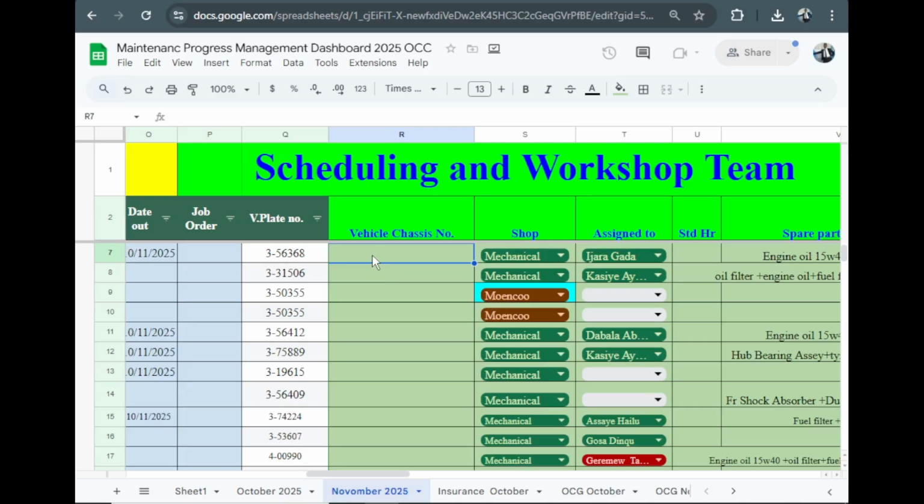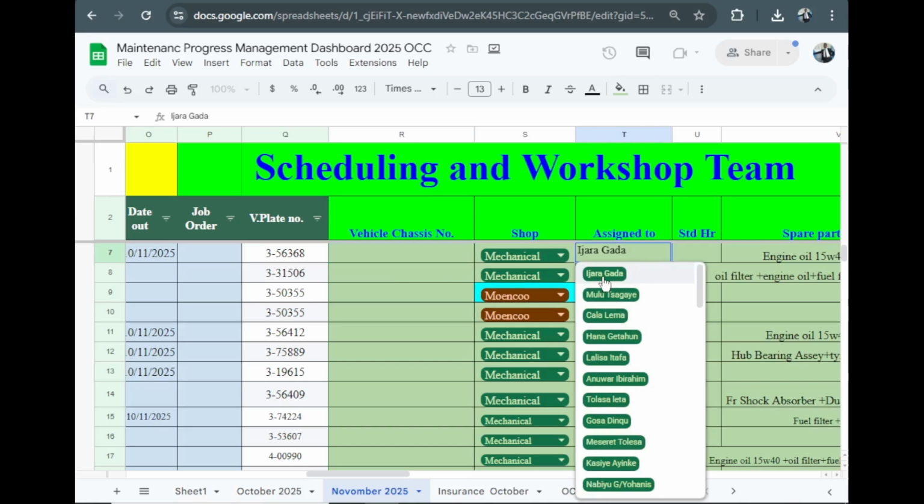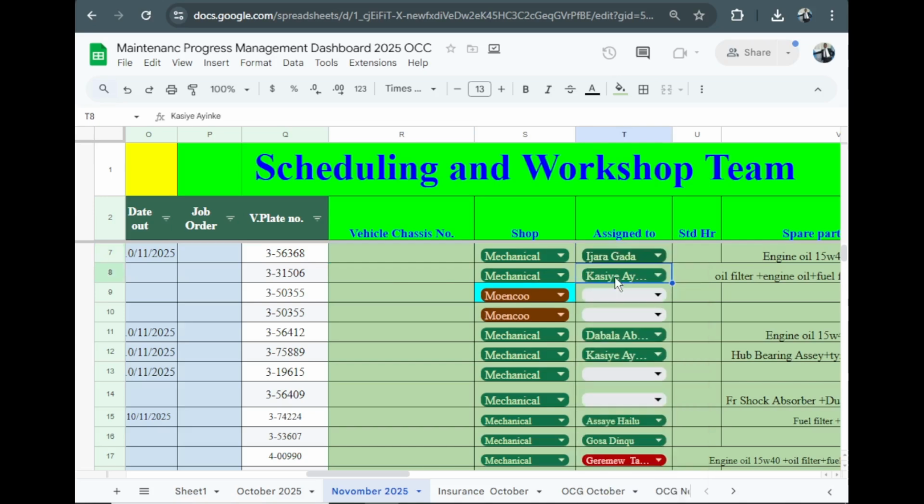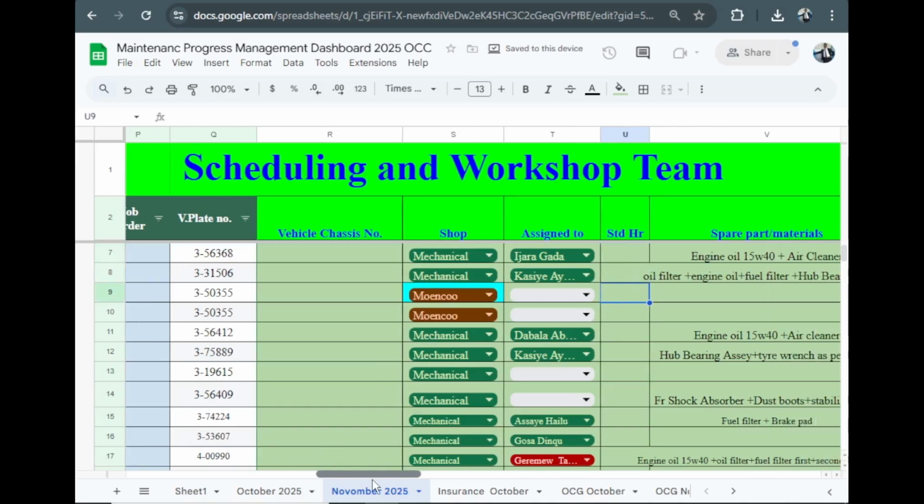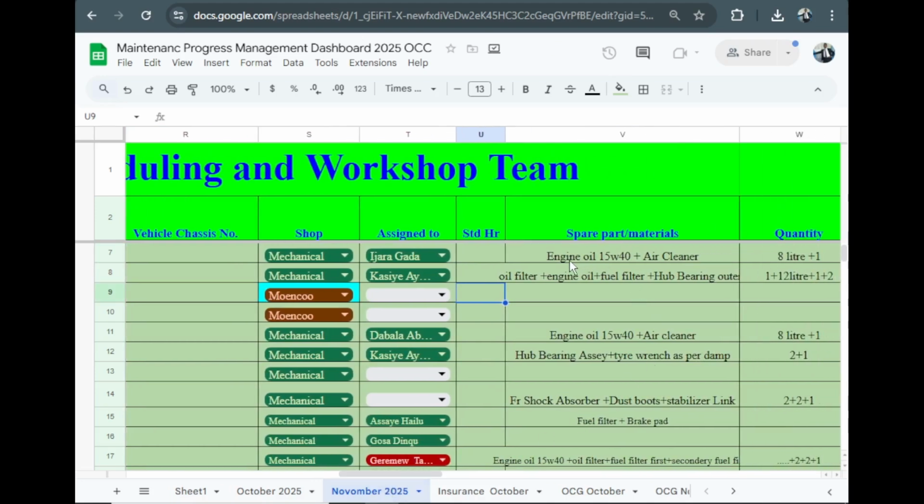So the vehicle chassis number can be written here, and he selects or assigns a person who maintains that specified job for that maintenance. The standard time for that job is recorded here. For example, it can be 2 hours. If it is 2 hours, the scheduler records here the time required to finish that job, and the spare